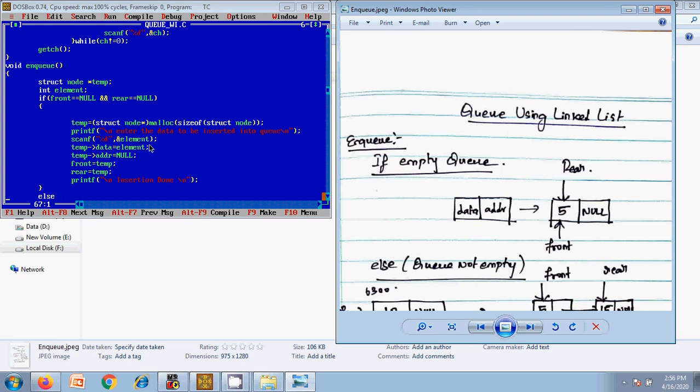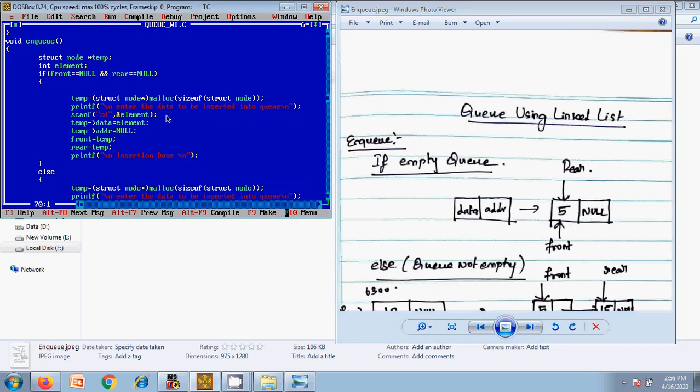So the element entered by the user is assigned to temp's data, and temp's address part is assigned null. I created a new node and stored the value in the data part, and I made the address part point to null since it is the last newly inserted element. Front equal to temp, rear equal to temp. Both pointers front and rear are assigned to the newly inserted element, because that is the first element in the list, right?